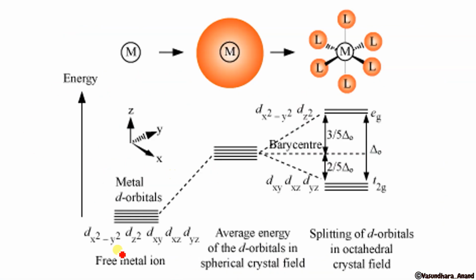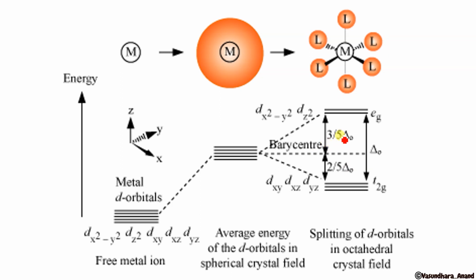So this is the picture, this is the figure you have to draw whenever it is asked to draw the crystal field splitting in octahedral field. What simply you have to do, this is the d orbital. Okay, it goes to the excited state, and then it splits. This is the normal energy level. Okay, what will happen in this case, Eg will come up. The energy of Eg becomes higher than normal, and the energy of T2g becomes lower.